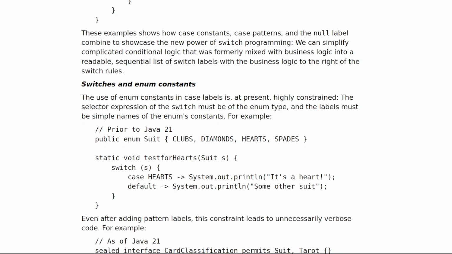Switches and enum constants. The use of enum constants in case labels is, at present, highly constrained. The selector expression of the switch must be of the enum type, and the labels must be simple names of the enum's constants. For example, // prior to Java 21. public enum Suit { CLUBS, DIAMONDS, HEARTS, SPADES } static void testForHeart(Suit s) { switch (s) { case HEARTS -> System.out.println("It's a heart"); default -> System.out.println("Some other suit"); } }